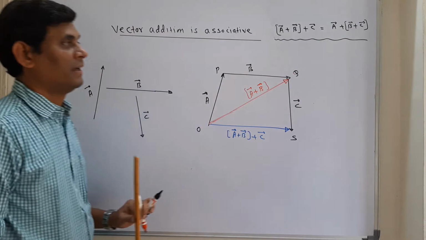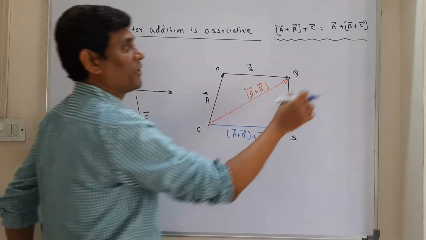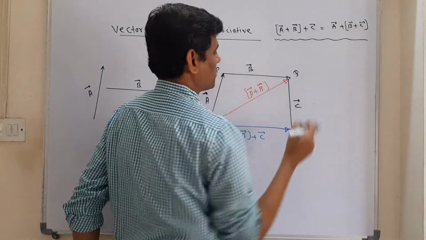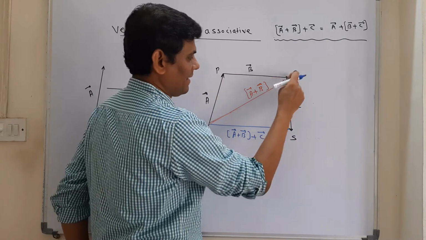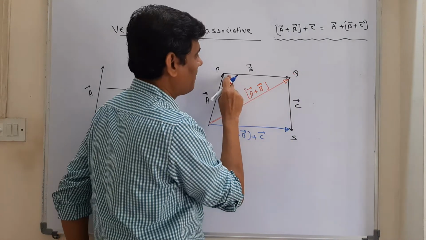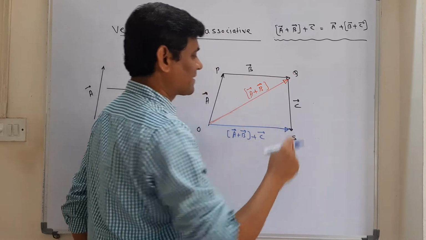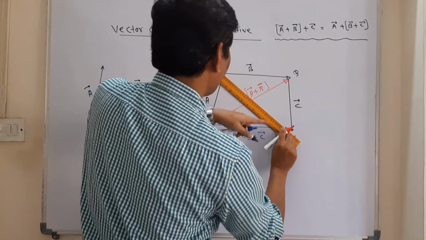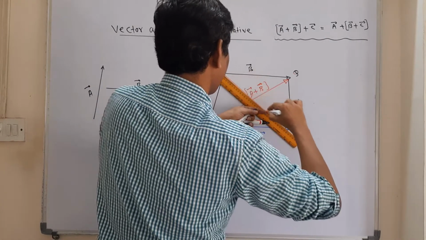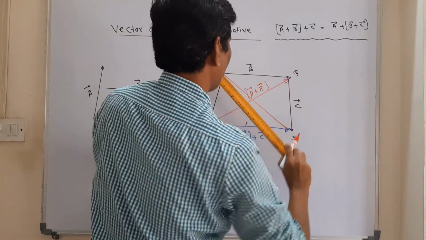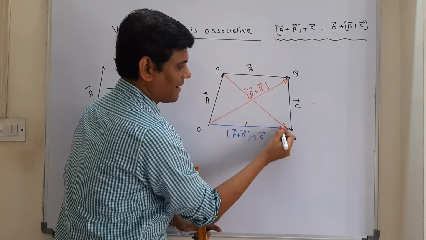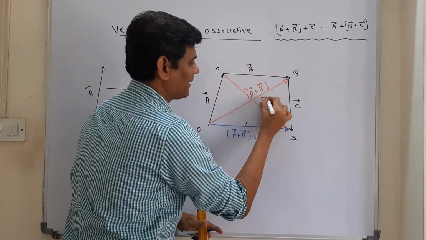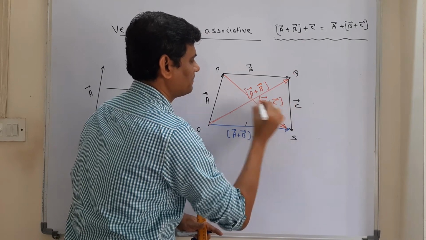Now here, in that case, first you have to add B plus C in the same diagram. B plus C. Where is B? This is B and this is C. So by using the triangle law, this is one vector, this is the second vector. Which side represents the resultant? The resultant is represented by this side. Fine. The arrow will come here. What does it represent? B plus C. So this is vector B plus vector C.